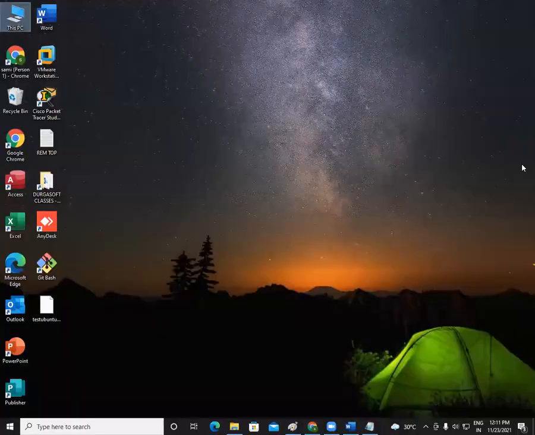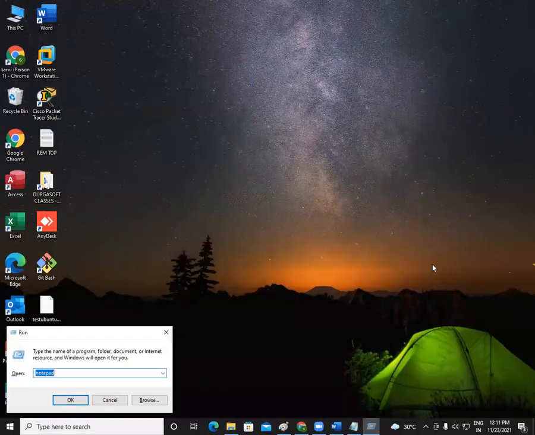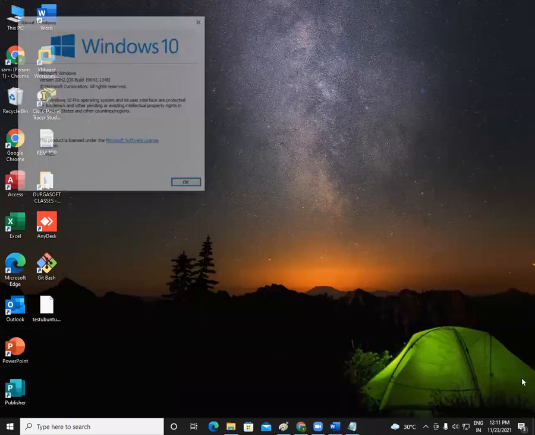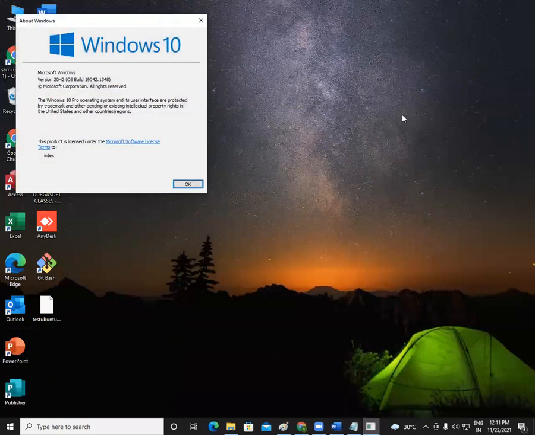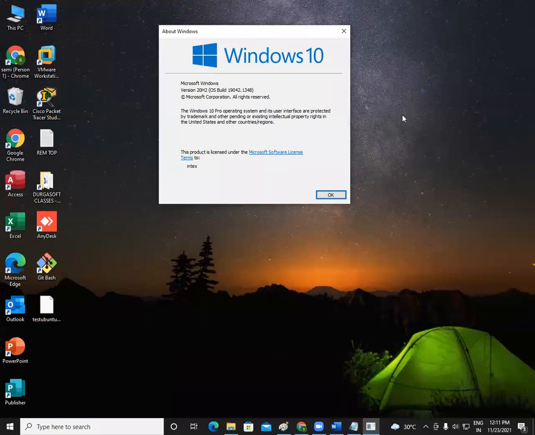Okay, now you can see there is the operating system running here. My operating system is Windows 10 here. Now, can you please tell me, friends, in your computer, where exactly is the operating system running? Where exactly is the location of your operating system in your computer? It's a very tricky question, friends. So please think and answer me.